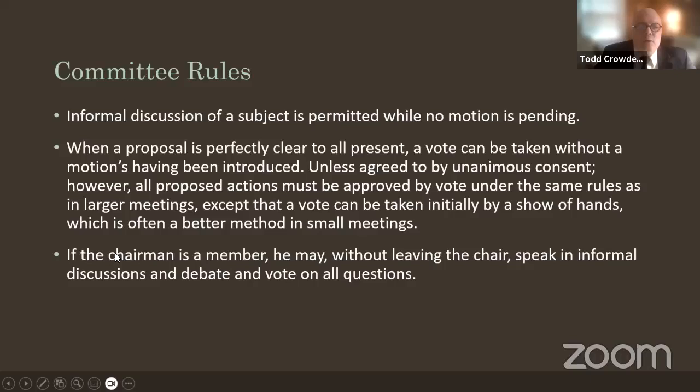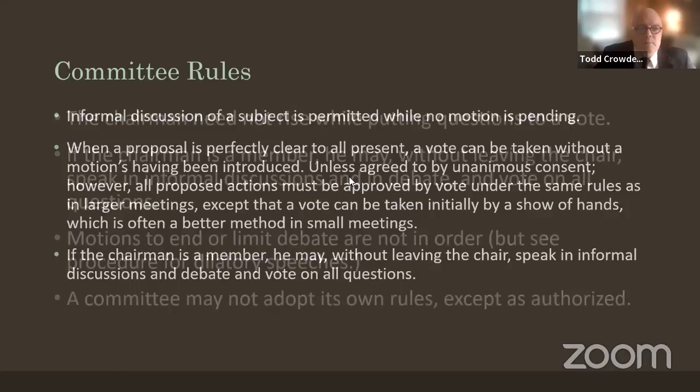This is true of committees and of small boards. If a board is small, meaning less than about a dozen members, it's the same way. The chair doesn't have to be impartial anymore, and he does get to vote. He does get to debate. So that's more like the kind of meeting you might see at work, where the guy running the meeting, the boss, also is participating, very much participating in the decision-making process. But it's still a democracy. It's still subject to votes. But this time the chair doesn't have to be impartial.